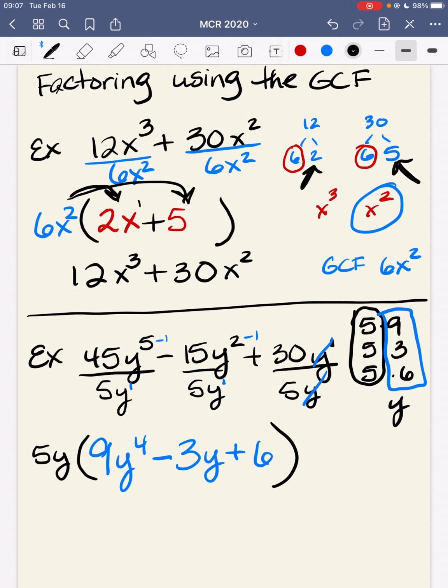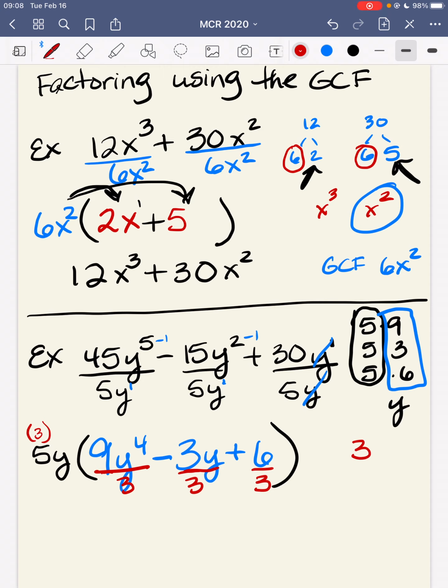So if you don't get it all out the first time around, and you happen to notice that they still have something in common, you take care of it after the fact. So you don't have to go and erase everything and redo it. Okay? So my greatest common factor wasn't 5y because I still have a 3 I could take out. So rather than redo this whole problem all over again, I'm going to say, okay, I need to pull out another 3, which means I need to divide all these by 3, which means I need to take this 5 and multiply it by 3